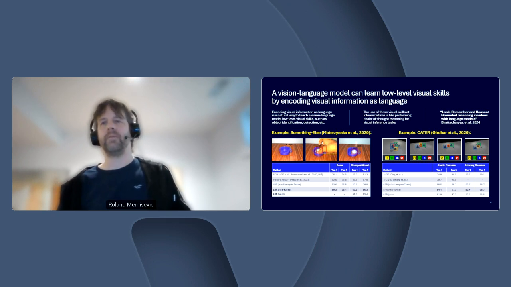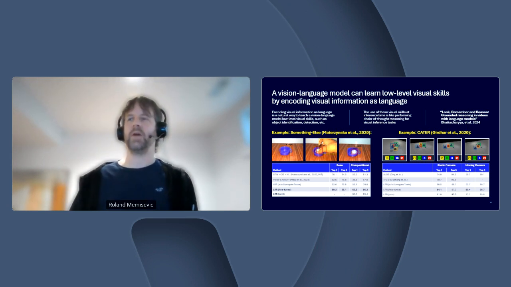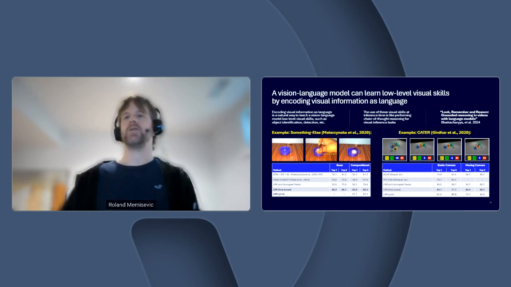So the form that this information takes is ranging from object identification, re-identification through multiple frames, tracking objects in the video, and so on and so forth. And so in this case, the model is simply trained to watch, potentially in a simple task, image conditioning. So to look at the image or look at the video, derive a bunch of information like bounding box positions of hands, positions of objects, where do these objects reappear in another image, and so on, and then solve the actual downstream task.